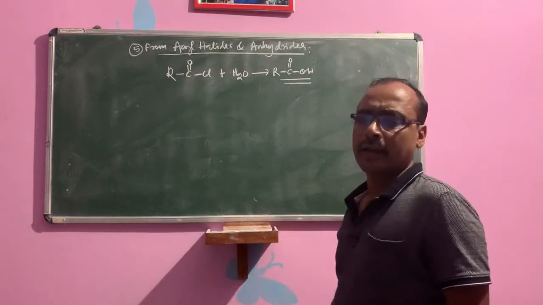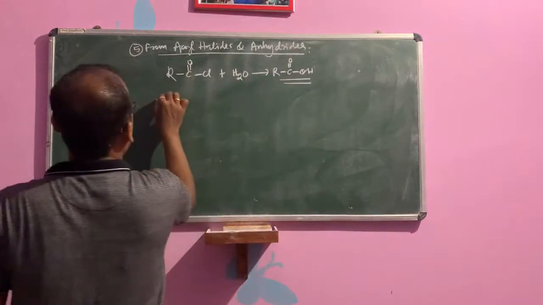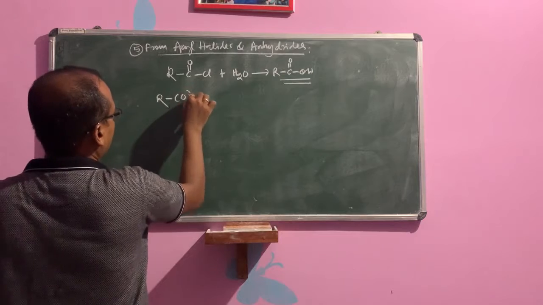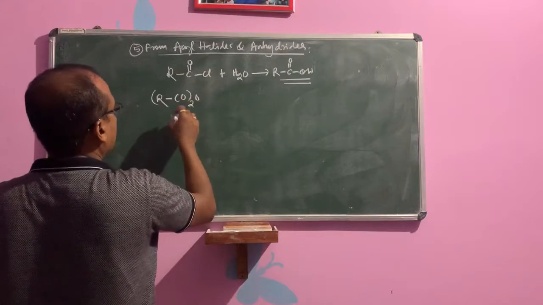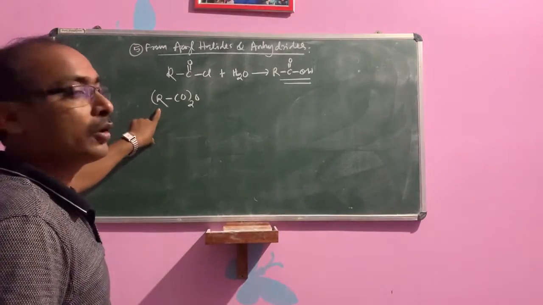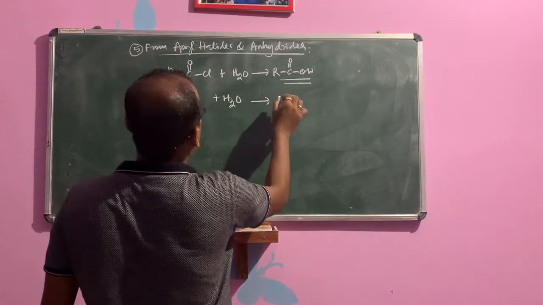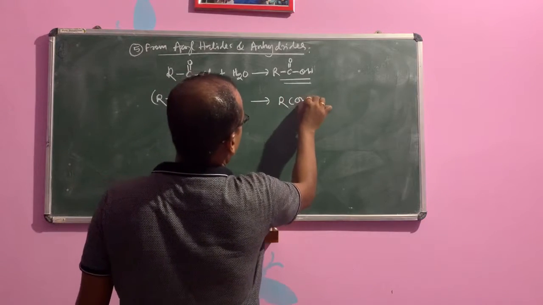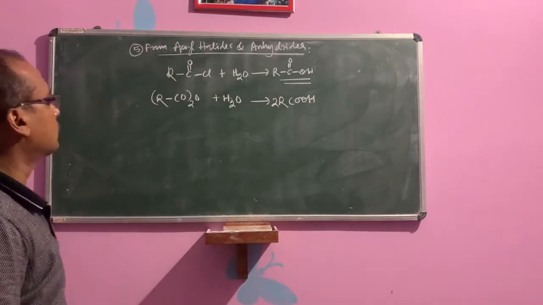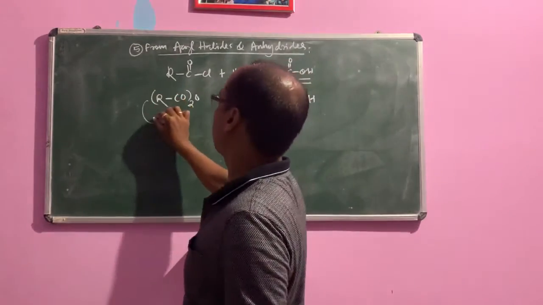Then if you take an anhydride in presence of water, any anhydride, (RCO)2O, the two R groups may or may not be the same. In presence of water, what will form? That is RCOOH, 2 RCOOH. Okay, children. So if you take one example of this, suppose